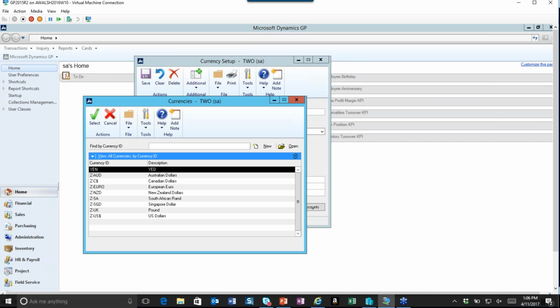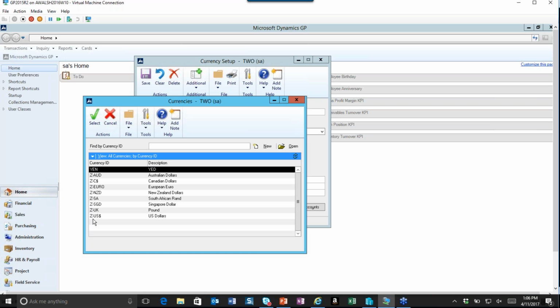to explain something. Any of the currencies that you have, or if you see any currencies in this lookup and they begin with Z, like ZAUD or ZC$, these currencies are actually default or installed with your Microsoft Dynamics GP instance if the installer allows them to be used from the demo company. You do not have to use these currencies if you do not want to. For example, we see